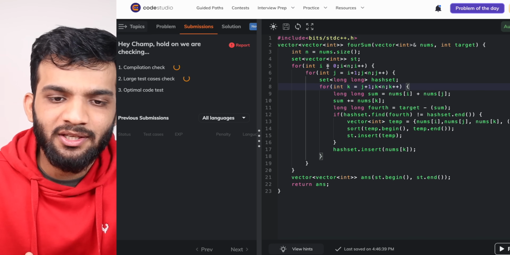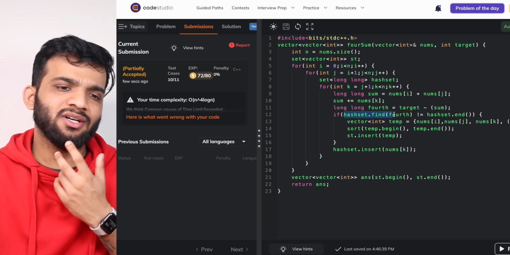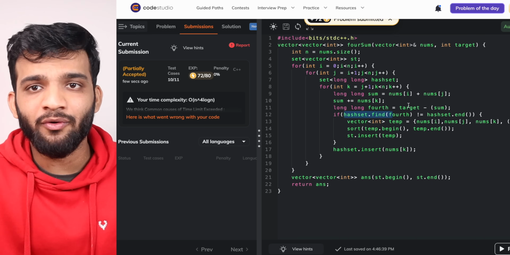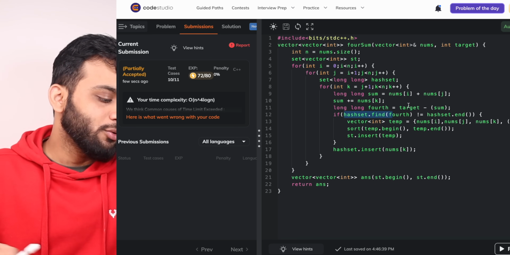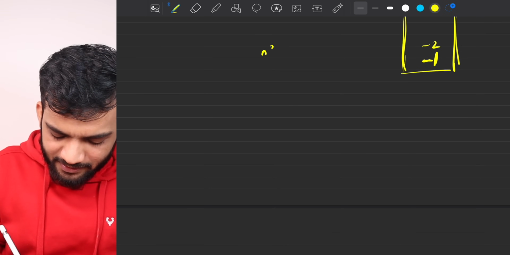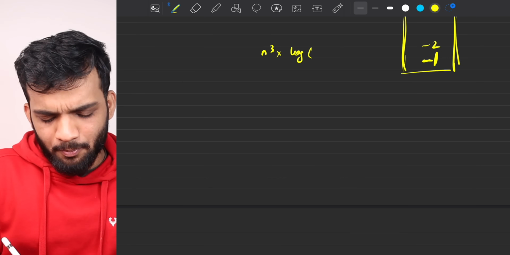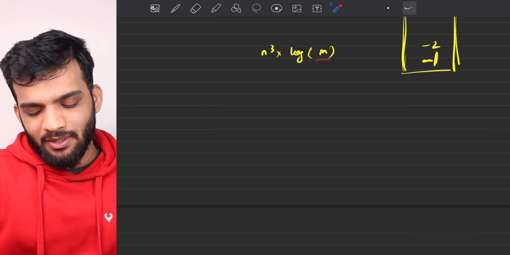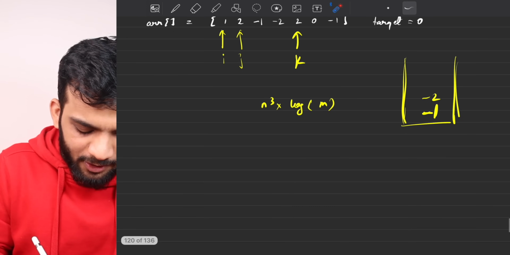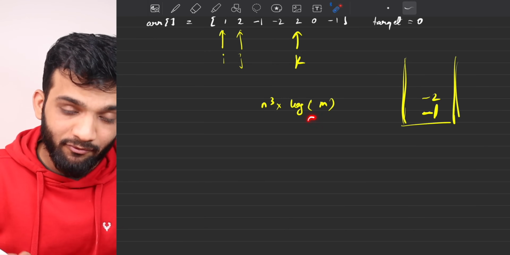What is the time complexity? Three loops for sure. N cube. And then we're using a hash set. You can say that it is logarithmic of n, or you can say it is big O of 1 if you're using an unordered set. So it will depend on what kind of set you're using. So I can say the time complexity is n cube into logarithmic of number of elements in the set, which might vary every time because sometimes there might be 1 element, sometimes 2 elements, sometimes 3 elements in the hash set, because as much as this increases, the number of elements in the set will increase. So this n will be a variable